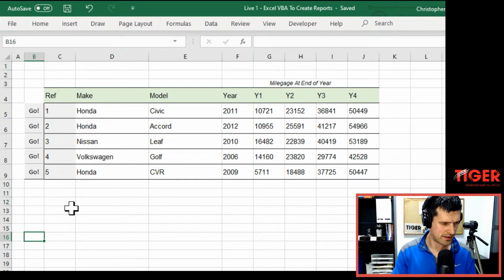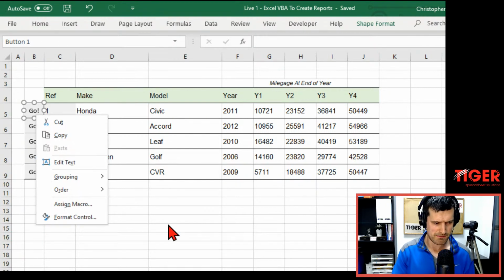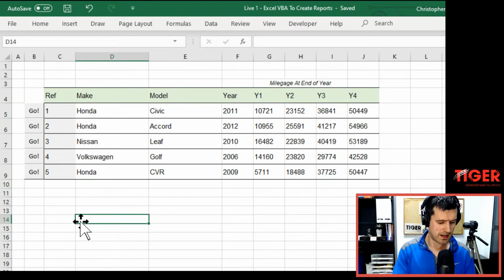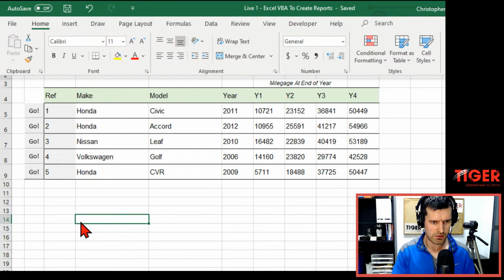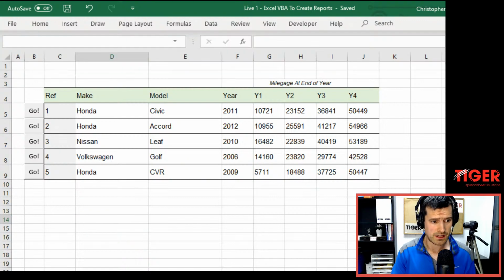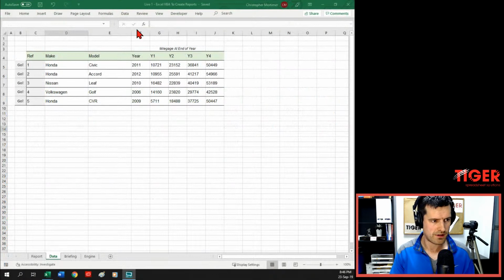I don't think the code is assigned to these buttons. So this is an interesting one. These buttons don't currently have a macro assigned to them. So we're going to go through and manually assign the macro. You know, we could. But if we go Alt H F D O, Alt H F D O, or you can go, yeah, if you go home,